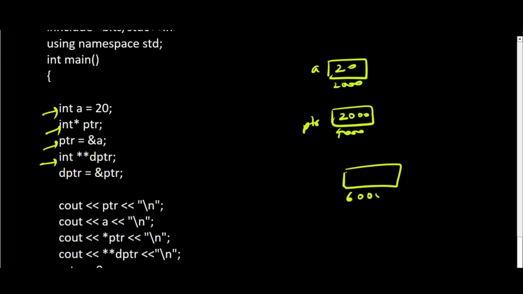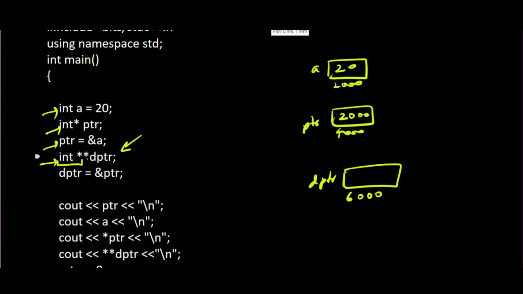It has address of 6000 and it is dptr. So a double pointer is not a normal pointer, but here it stores the base address of another pointer. So if we read this line over here, how will we read it? dptr is a pointer of data type integer pointer, and here the data type is integer pointer. So the address of ptr can be stored over here,